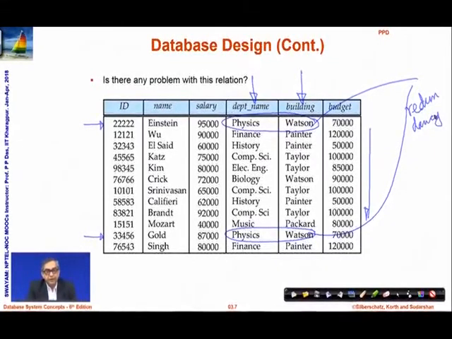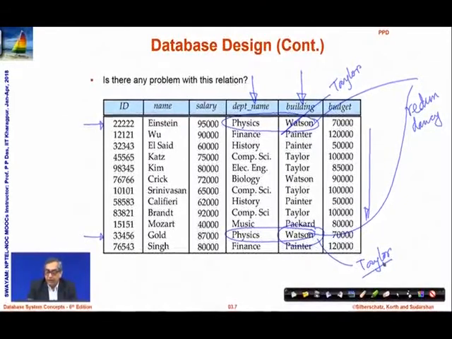That is, the same information is given more than once, which is not a very desirable thing. The consequence of this could be, suppose tomorrow the university decides to move the physics department from Watson to the Taylor building. Once this is moved, this Watson will have to be changed to Taylor. Also, this Watson will also have to be changed to Taylor. All instances of Watson that corresponded to the physics department in this table will have to be changed to Taylor, and that is not a good scenario.